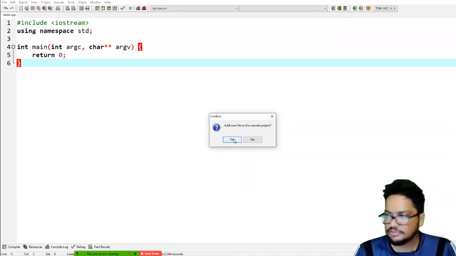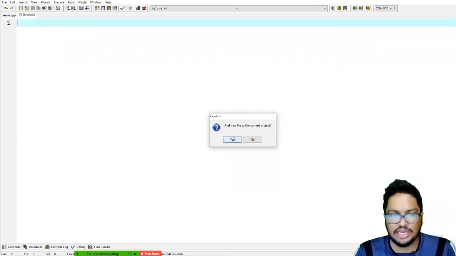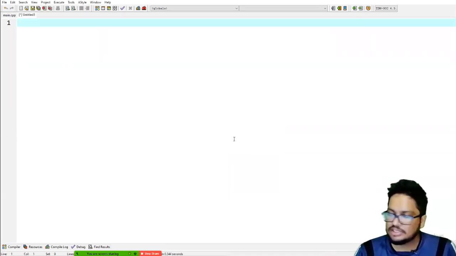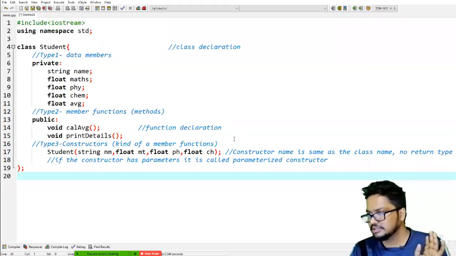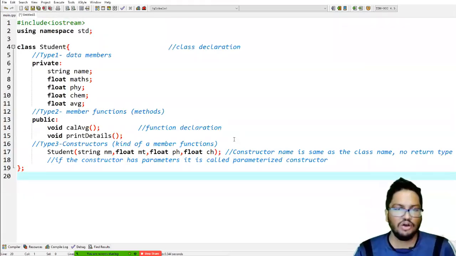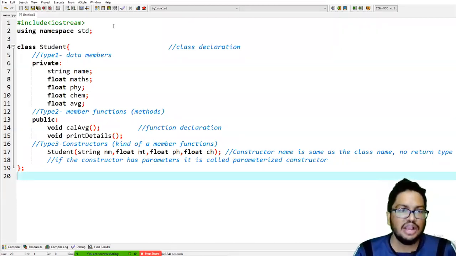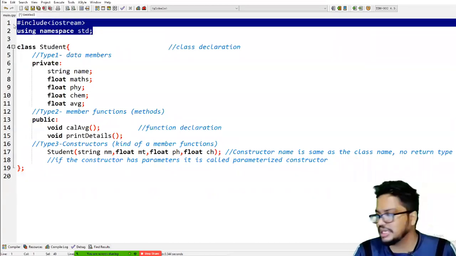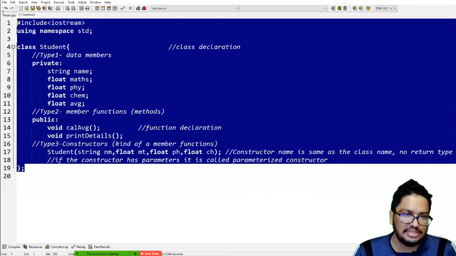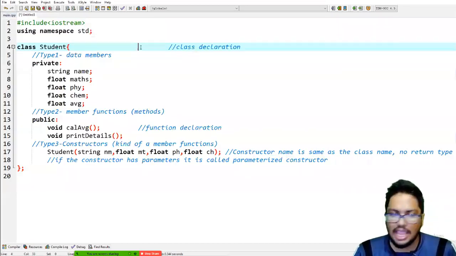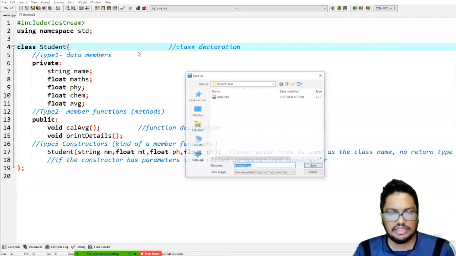Hit yes. Then this kind of a file will be created. Just paste the content of the class declaration, including the iostream and using namespace std, and then save it.